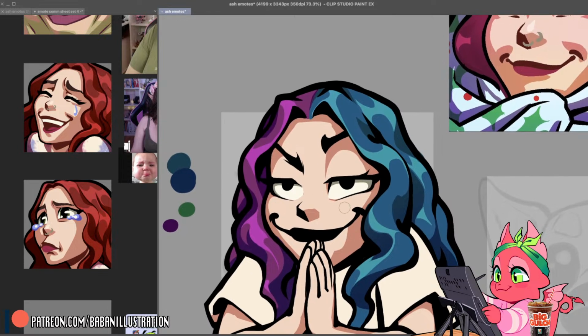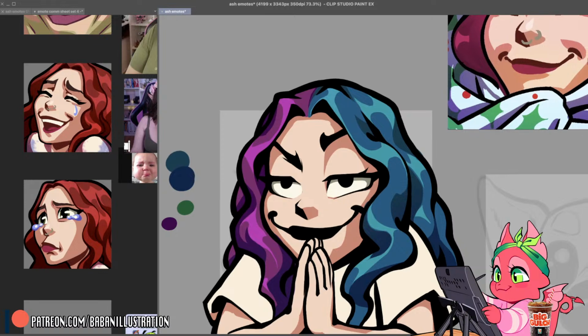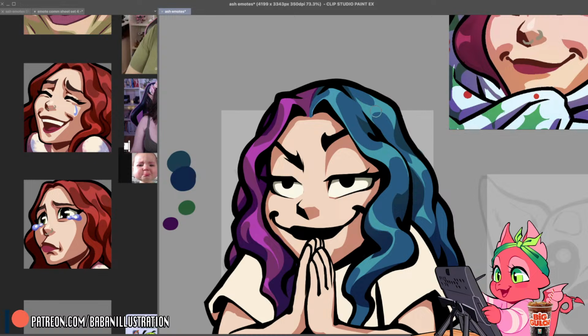There we go. One part of the hair still looks chunky, but I can't put my finger on it. Is it this big chunk up the top, or is it this chunk looking too big? Because I feel like that chunk's a bit too something, a bit too chunky. Where is it? I can take some off that and soften it down.